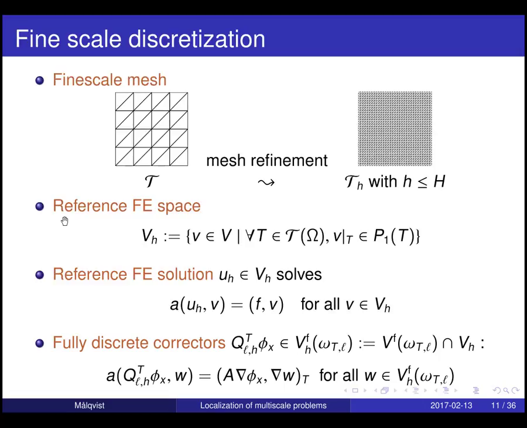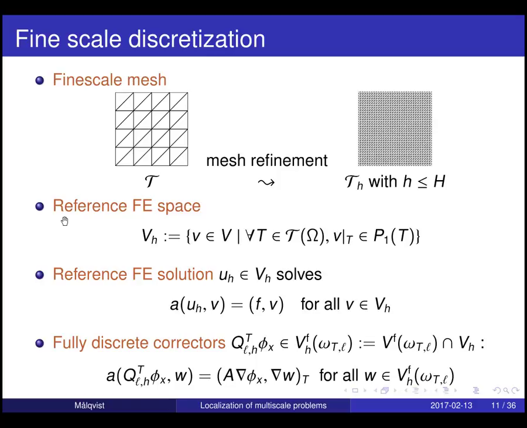Okay, so that's localization, and then this last step is that we need to discretize the fine scale. It's still an infinite dimensional space, so we discretize it, and we do it using the reference mesh script TH with a small mesh size, and then we think of small h as small enough to resolve the fine scale variations in the diffusion. We have the reference space, P1, finite element space, VH here, and the reference solution, UH,